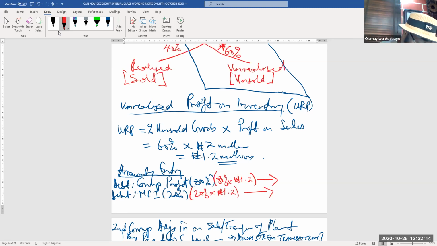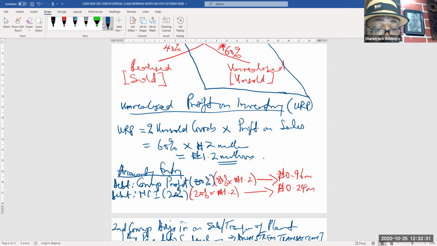80% of 1.2 is about 960,000. That's 0.96 million. And 20% is about 240,000. That's 0.24 million. Now, invariably, the inventory value is not different from what we have done before, which means